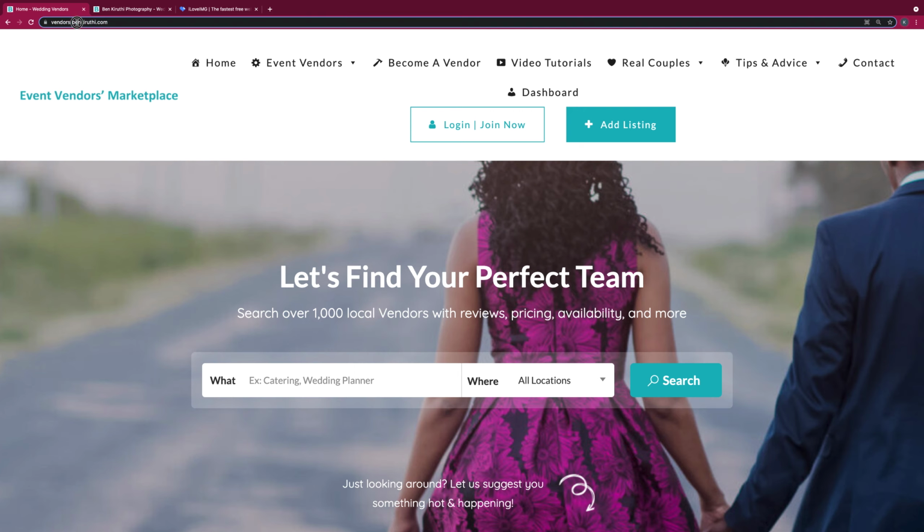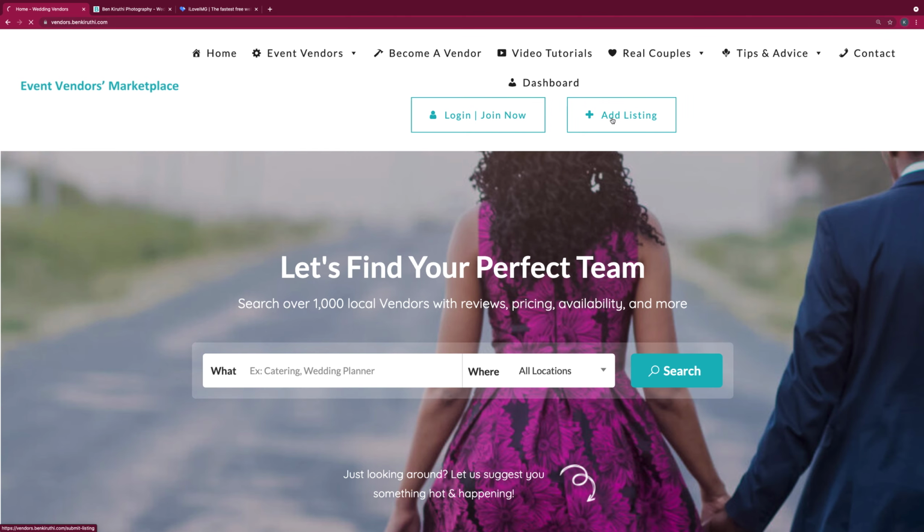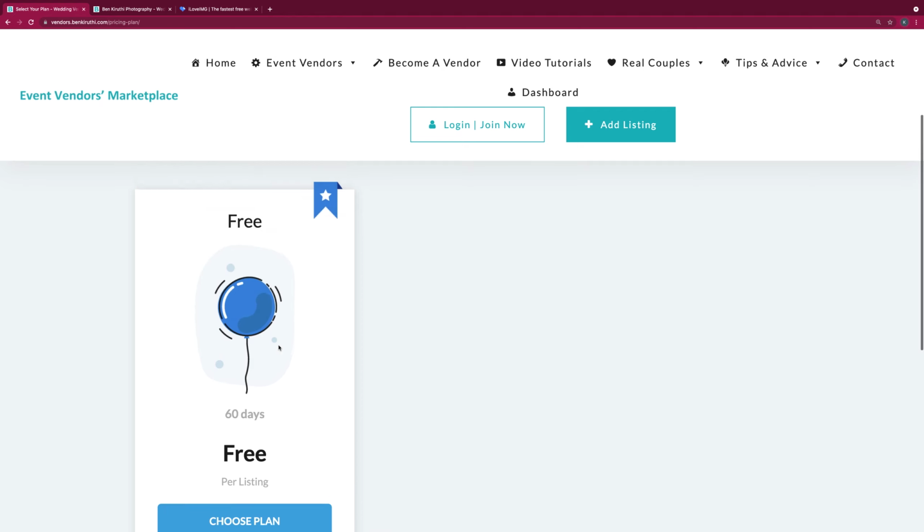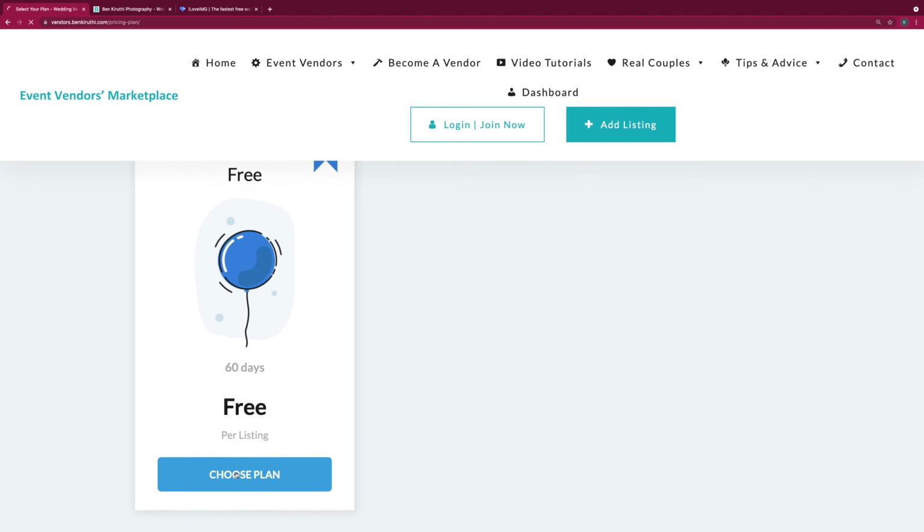So the first thing you need to do is go to vendors.benkiruthi.com, and then once it loads, click on the blue button that is written add listing. That's basically adding your business on the vendors marketplace. To then open the pricing plan, we have only one plan, the free plan. Click on choose plan,